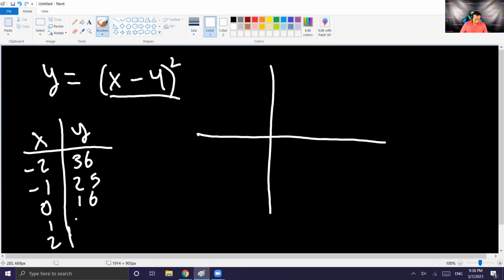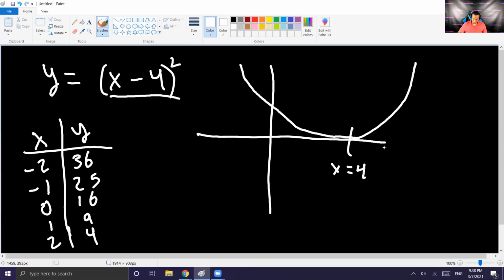And for 1, it's going to be 9. For 2, it's going to be 4. So actually, you can see that the graph is going downward. So it's going to look something like this. And I'm going to draw the tick for accuracy. This is at x equals 4. And if you kept going, you can see that the numbers are decreasing. That's good. At 3,